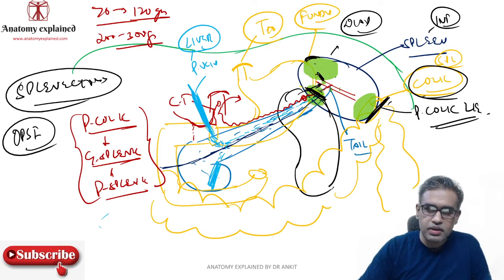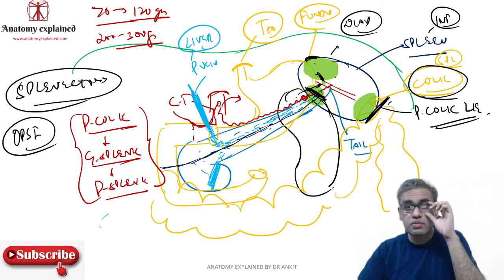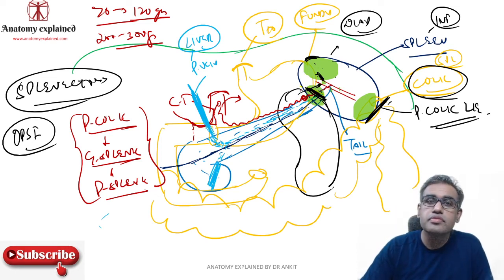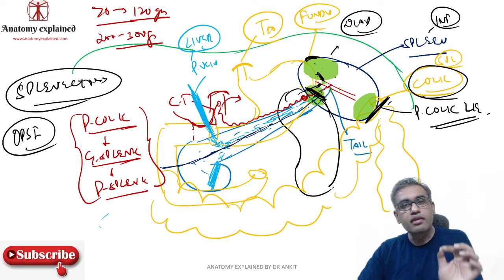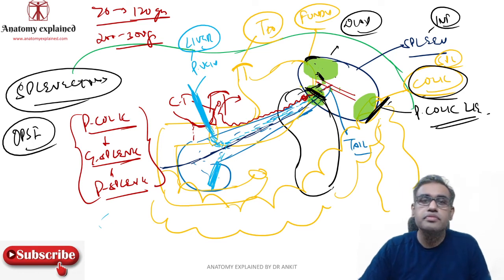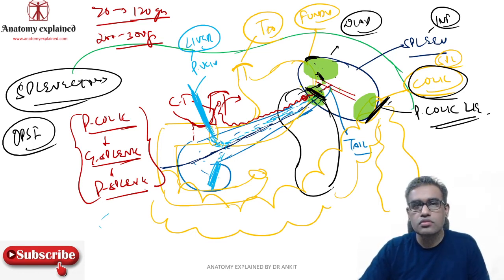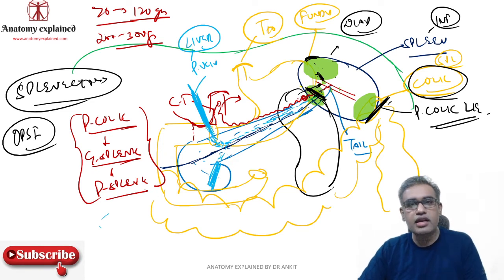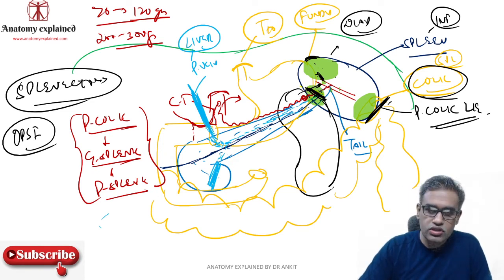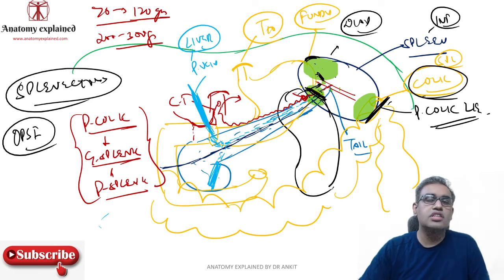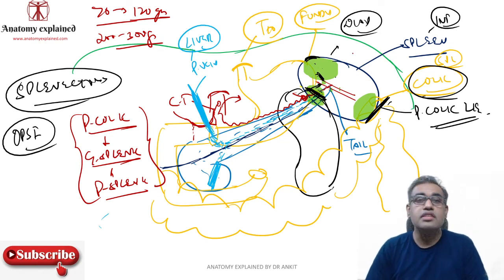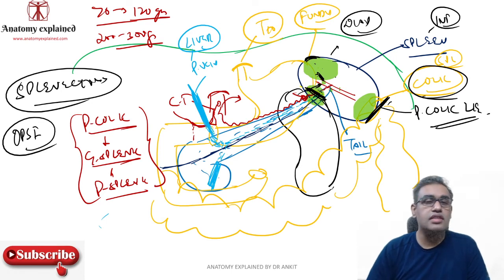So once you ligate the splenic artery, you have to keep in mind that you are ligating it around the splenic hilum, and the tail of the pancreas is very close to it. So you have to remember that when you are ligating the splenic artery, you are not damaging the tail of the pancreas. Once you ligate the splenic artery, the blood will come out through the splenic vein, then you can mobilize the spleen. Okay, so that was the splenic artery ligation, and this is somewhat of the ligaments. Ligament relations are very important, visceral relations are important.